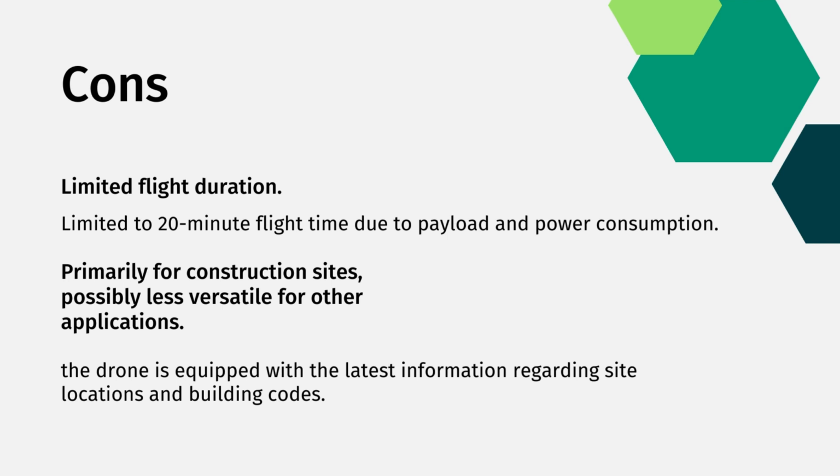But it can only last 20 minutes. Honestly, I think 20 minutes is kind of short for site inspection. Imagine site inspection covering 5 miles here, 5 miles there. I don't think 20 minutes is enough for our project,